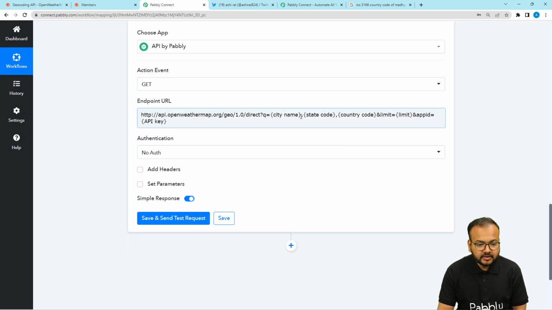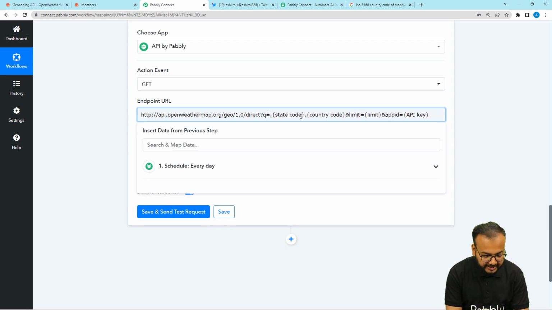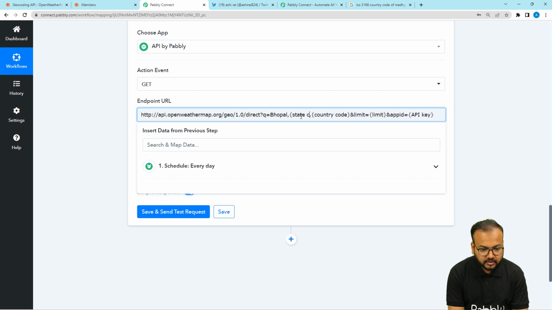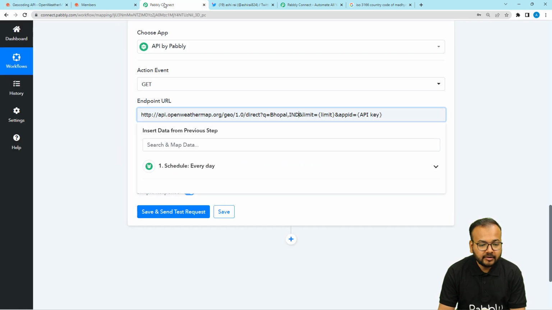So here, in place of the city name, I'm removing these placeholders. I'm going to put my city name, that is Bhopal. We do not have to put the state code, this is not required. And here I'm going to put the country code, which is IND for India. You have to put the country codes like this. You can see you have to put the country code in this ISO 3166 format. So you can search for it on the internet, and you will get your country code,